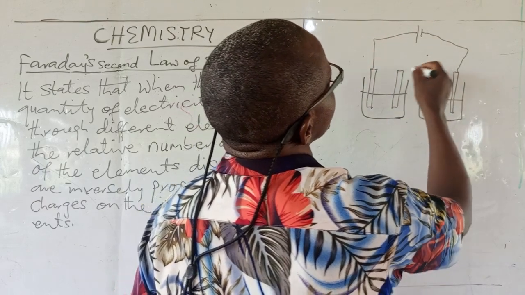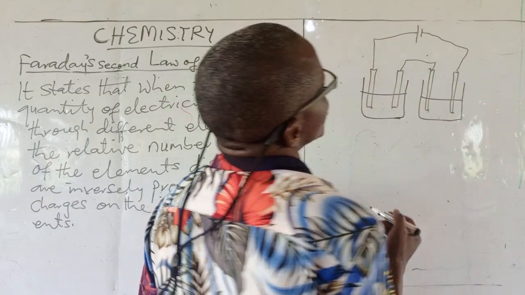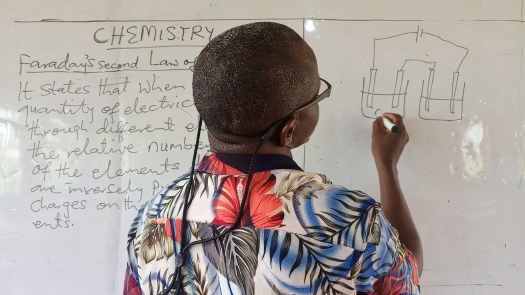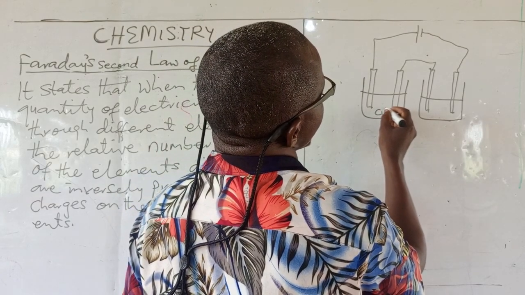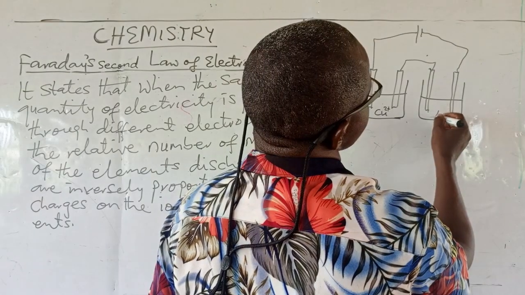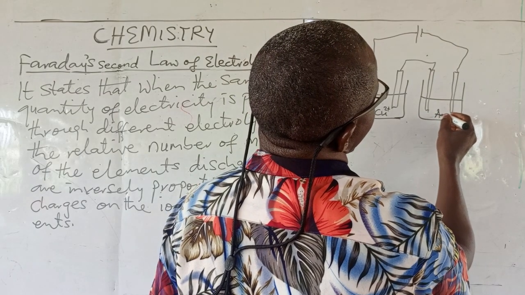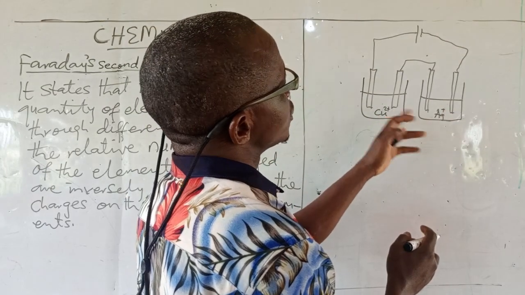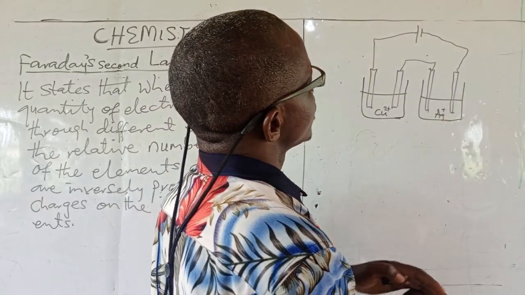Remember what we used to do before now. Now, assuming the substance that is here has 2 plus, while the substance that is here has 1 plus, and this is the one being discharged and this is the one being discharged,